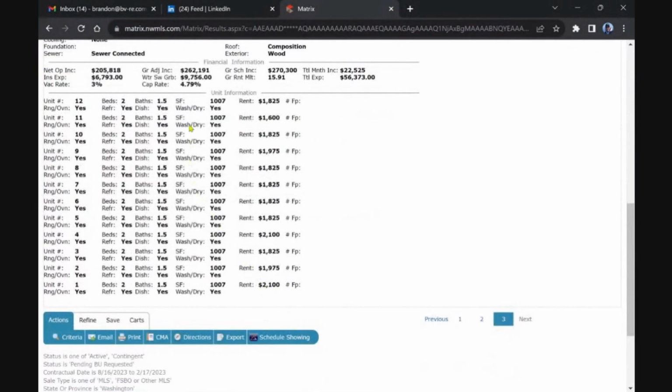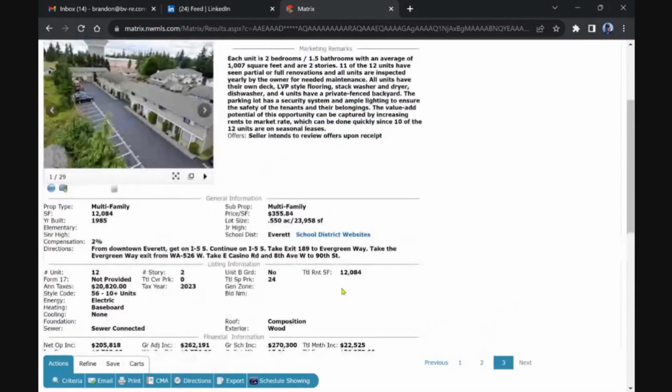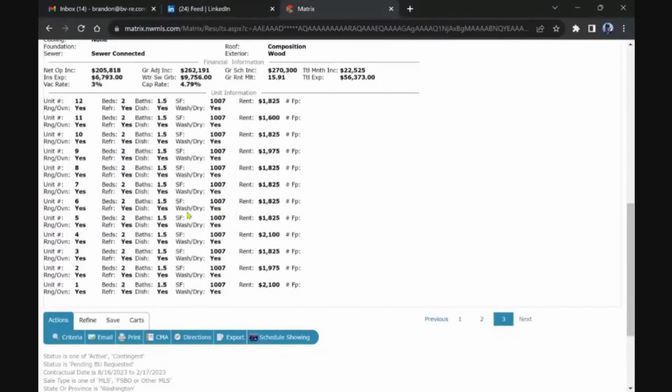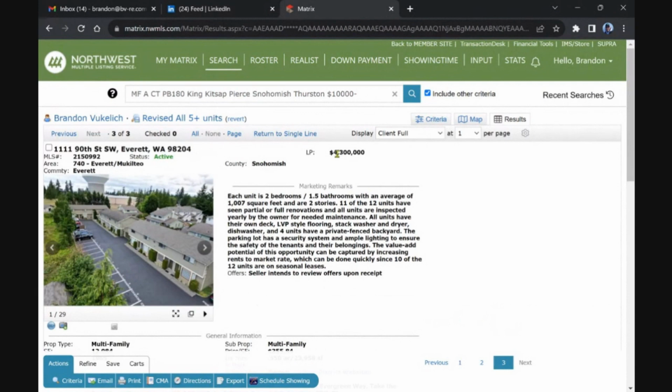But it's going to be tough, obviously. Investors like me, I don't have the cash to pay $4.3 million. And even if I did, I don't think I'd want a 4.8 return on my money. Right now, I'm getting about that in money markets for my reserves that I'm holding for deals. So why take on the headache, right? I know it's going to appreciate, hopefully, and maybe there's some value add opportunity on this deal, but probably a much better opportunity in the right around 4 million exactly. So